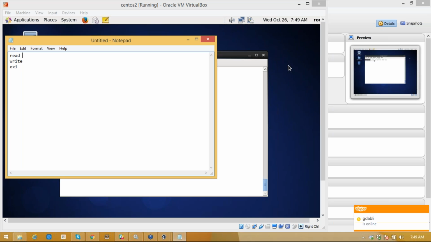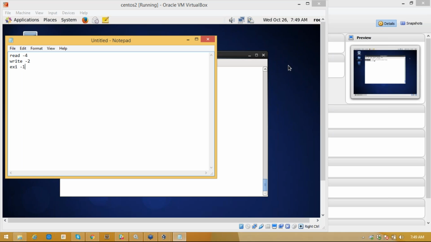Generally, these permissions also have a numerical representation. Read is represented as 4, write as 2, and execute as 1.